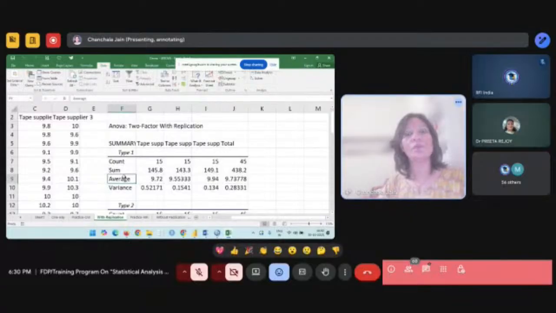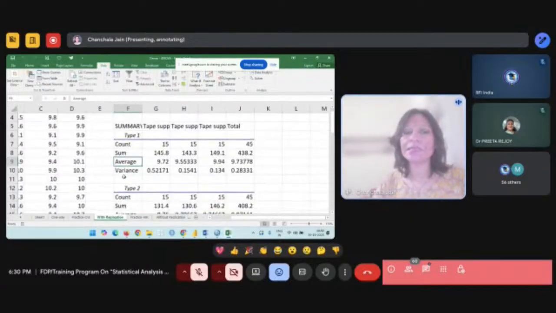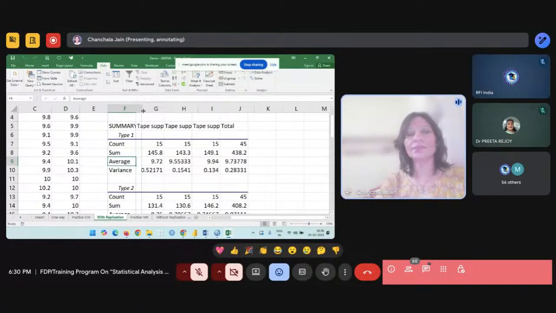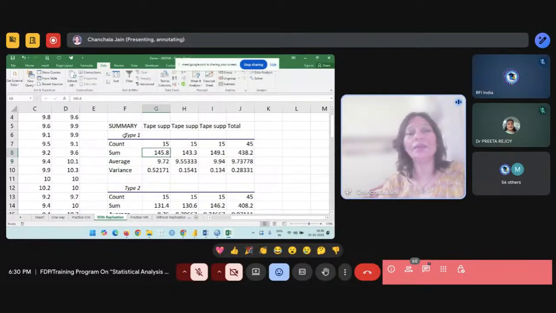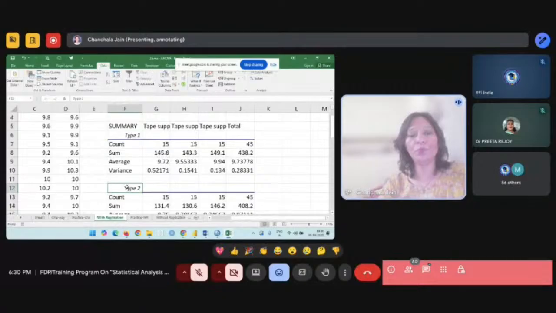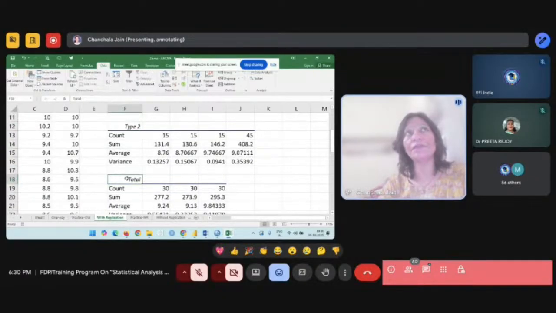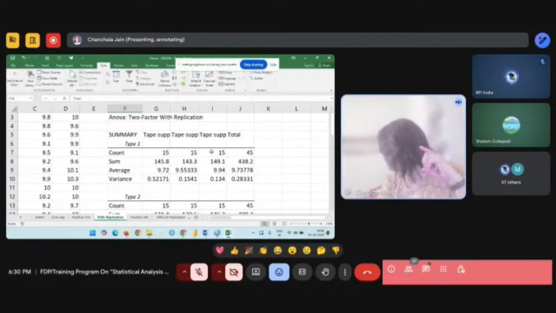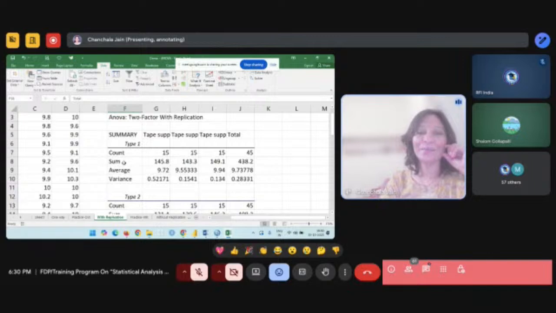Yes, ma'am. Fine. You can see, firstly, I'm getting a summary table. In the summary table, you can find I'm having type 1 and type 2 and then total. These are the three different tables I'm getting. Firstly, it considers your sample type 1. Count is 15, 15, 15. Sum is the sum of the strength when I'm talking about the first